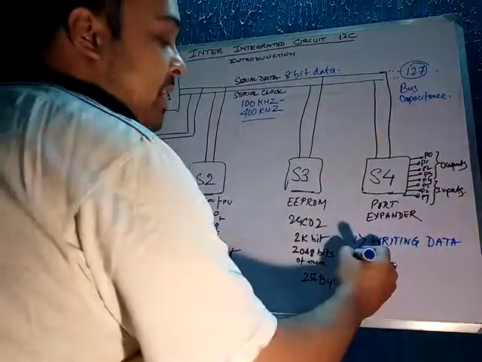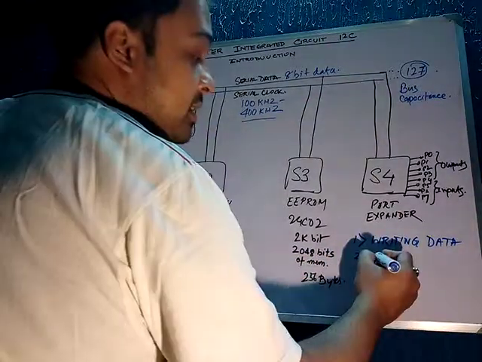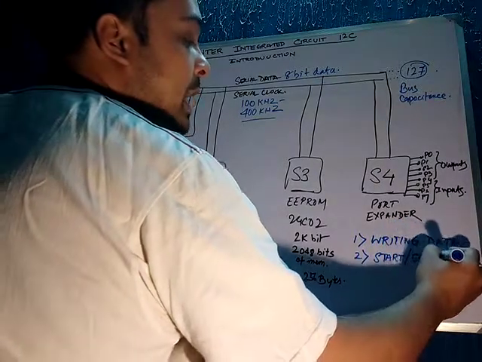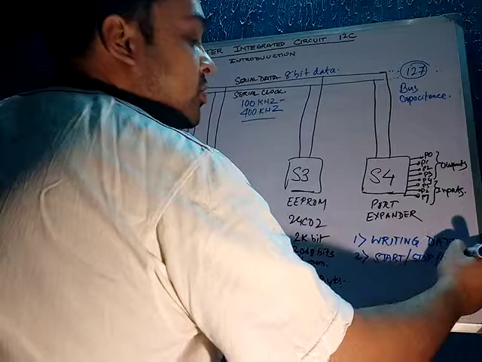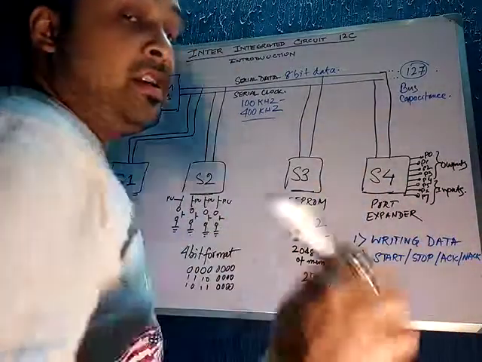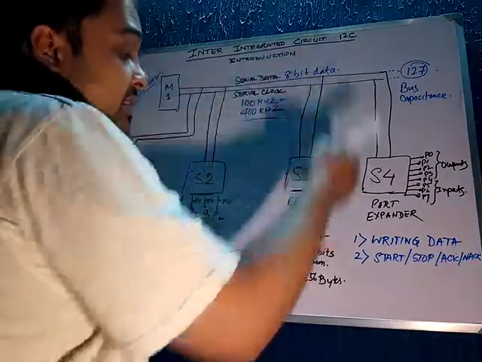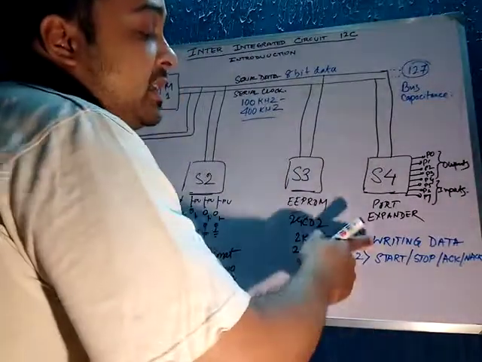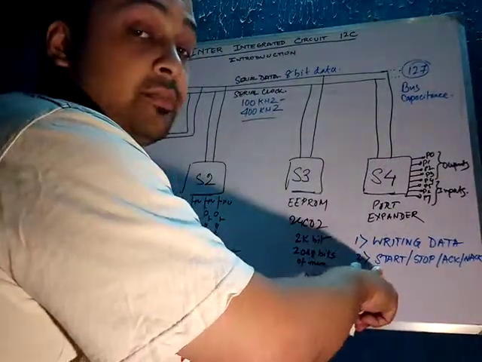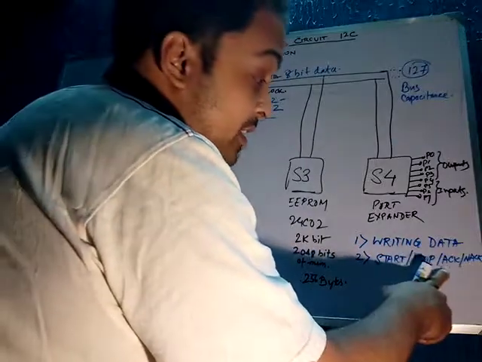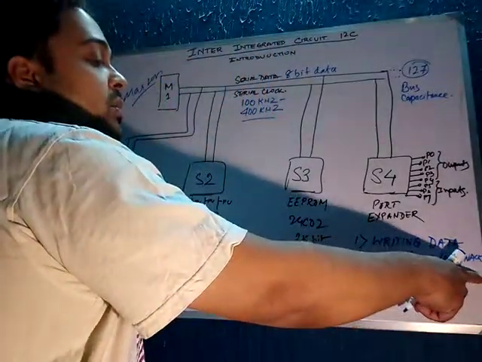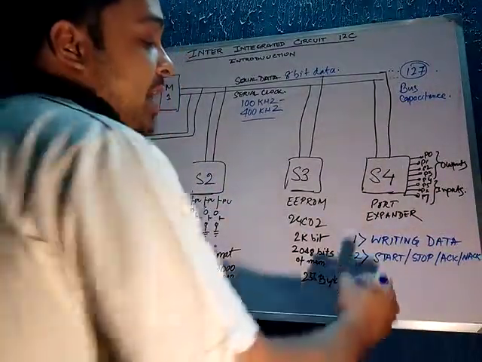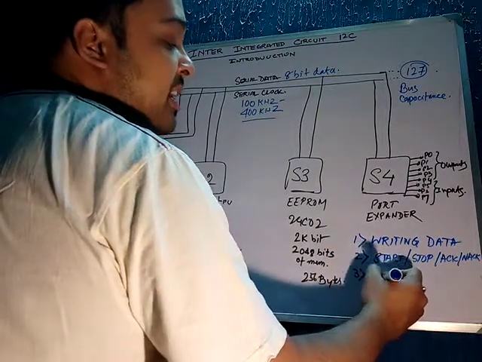The second thing I will discuss is start, stop, acknowledge, not acknowledge. I know many of you who are aware of this will tell me, what the hell, you should discuss this first. But I will tell you no, because while discussing writing, I will discuss this. There are several things you must know about start, stop, acknowledge and not acknowledge which will not be covered over here. And the third is reading of data